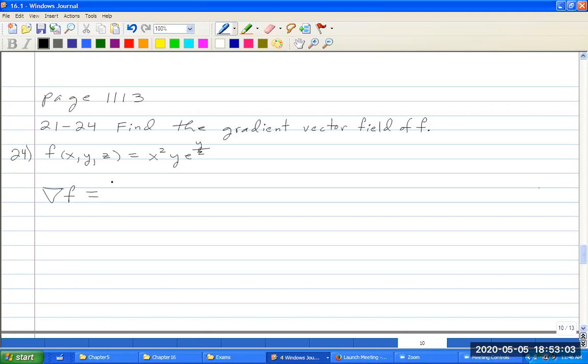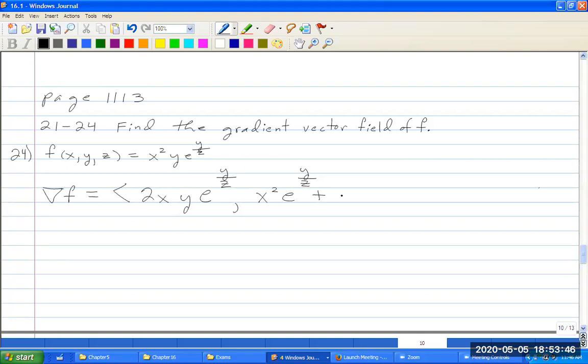So the gradient here is equal to, well, let's take the partial with respect to x. The partial of x squared is 2x times the constant y e to the y over z. Let's take the partial with respect to y. So I'm going to have to use the product rule. So the derivative of the first, the derivative of the constant x squared y is x squared times the second, e to the y over z, plus the first,